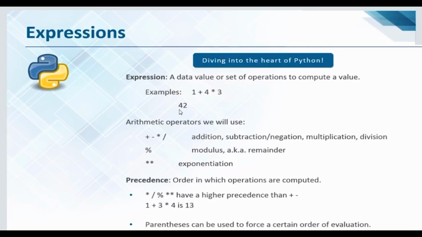Okay, so there are certain rules by which we can understand which one will be solved first and then after that. For this, we will use arithmetic operators, as I taught in an earlier video. What are these? These are plus, minus, that is addition, subtraction, multiplication, division, floor division, modulus. Modulus is known as percentage in normal words, but it is like remainder, not percentage, it counts the remainder. Negation means subtraction is also sometimes known as negation. Here is the exponent, that is power: 2 double star 2 means power.